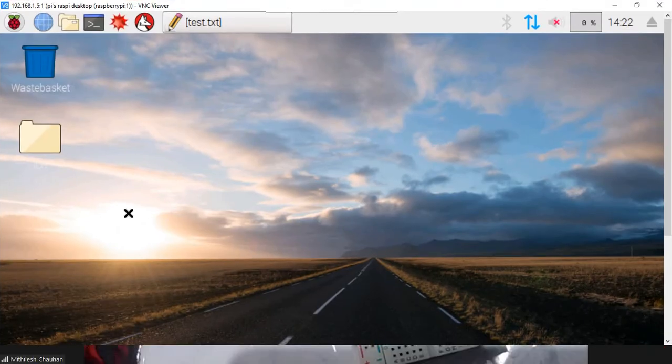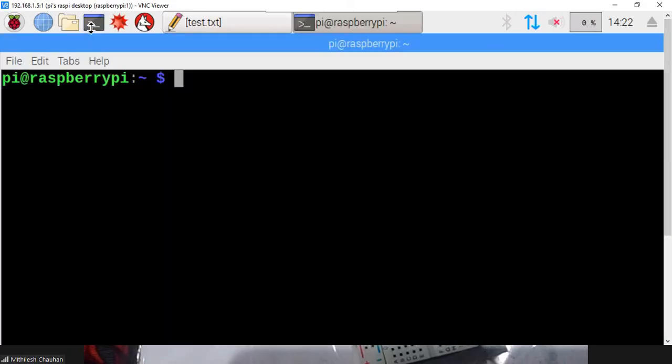As you can see, this is my desktop of the Raspberry Pi. On the top, we have different icons available. So for the first practical, I'm going to open a terminal. On the terminal, you can either type commands or write your program with the help of the terminal, or you can use a graphical user interface based editor for the same, like you may use IDLE 3 for writing the program. So for the first practical, we are using a terminal. So let's see an example of this.